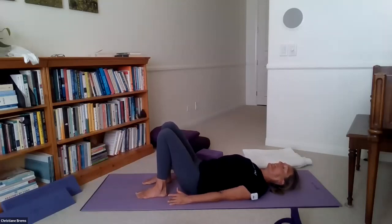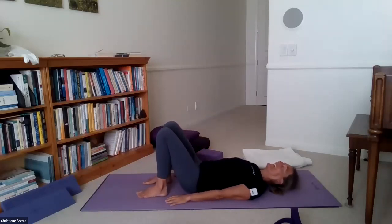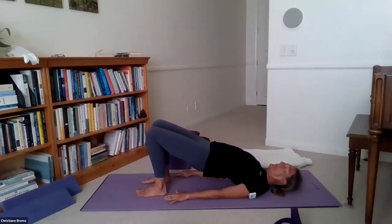Walk your shoulder blades underneath you, bringing stability into the shoulder girdle. And you might notice that this also brings your natural curve back in your lordotic, in your lumbar spine. And then press into your feet and lift the hips. Once the hips are lifted, press into your arm bones, walk the shoulder blades underneath you a little bit more,